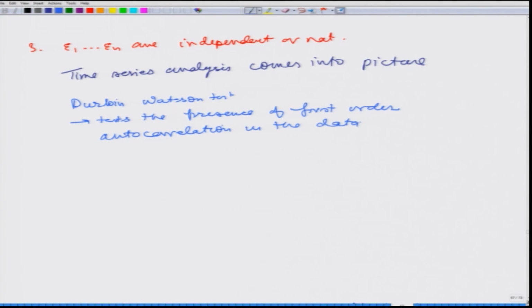And similarly, we have some other tests also. We are more interested in knowing about some graphical tools here. In order to construct this graphical tool, we try to plot the residuals with respect to